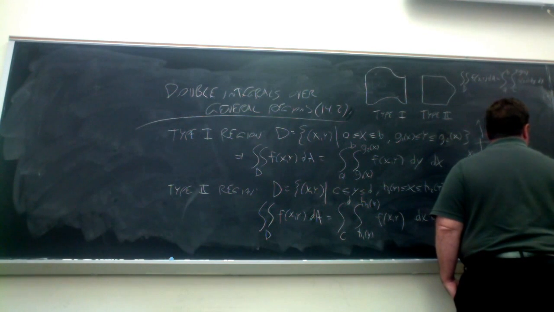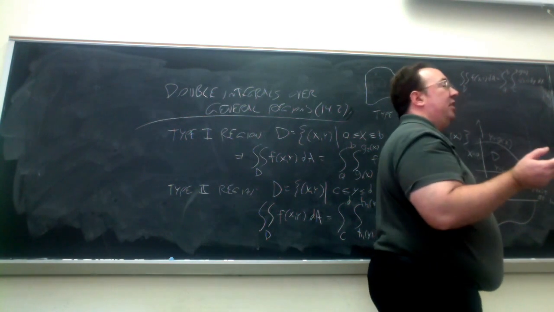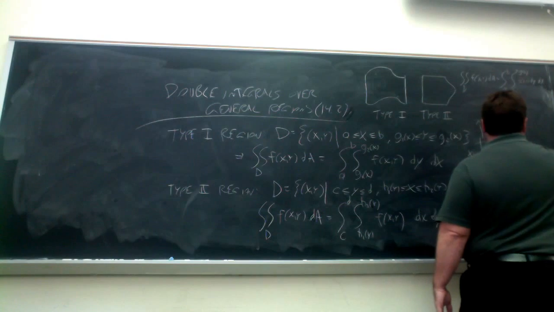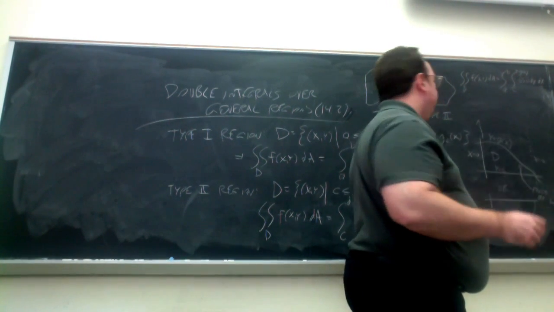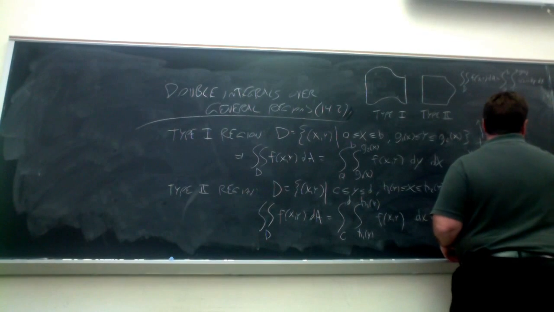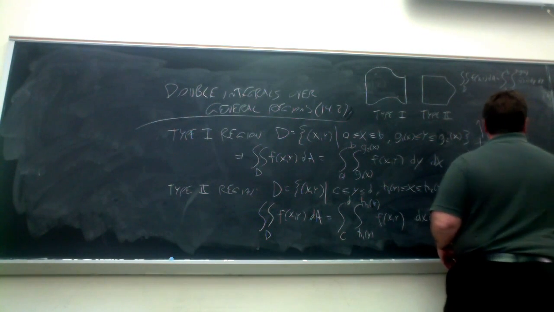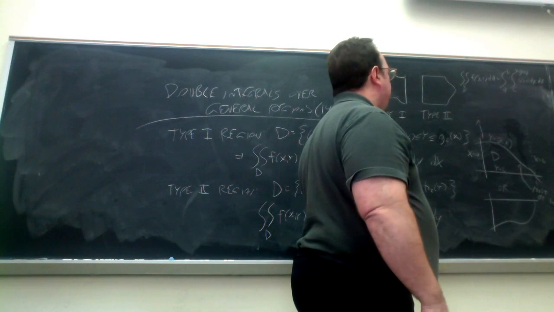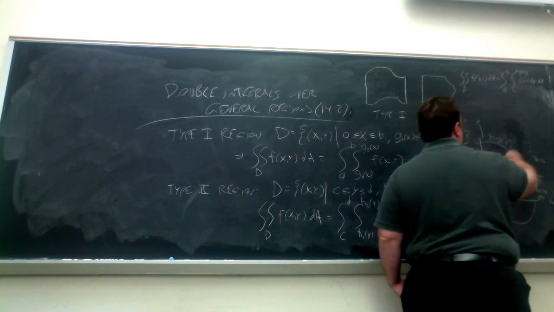It has to be one-to-one. So in other words, it must pass a horizontal line test. So something like this is not allowed, because you can still describe it as type 1, but not type 2. So what I want us to work out now is if I want to take this same integral, same region,